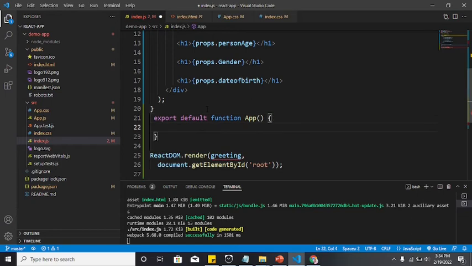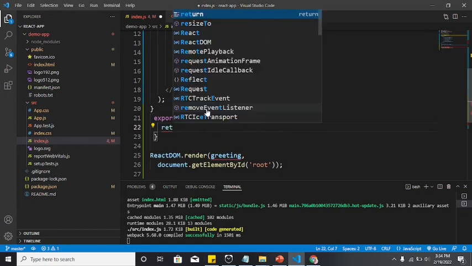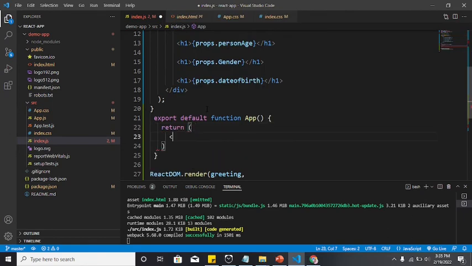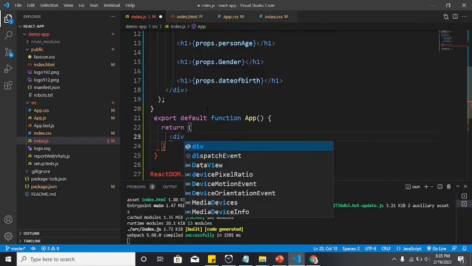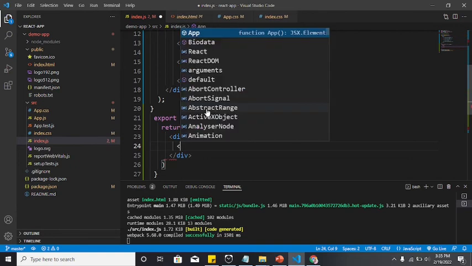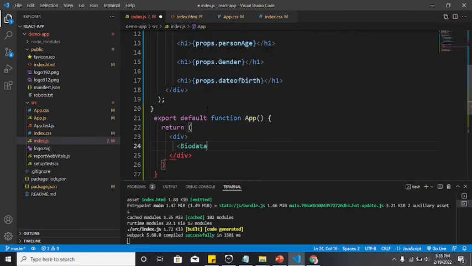So here export default app, and then here I'm going to return a div. Within the div, I'm going to call the function, which is the biodata, right? You can see it's already defined, and then I'm going to call the first part of the props, which is the